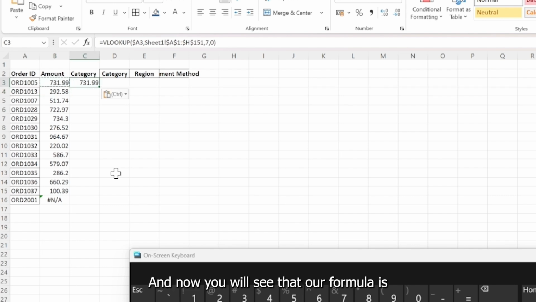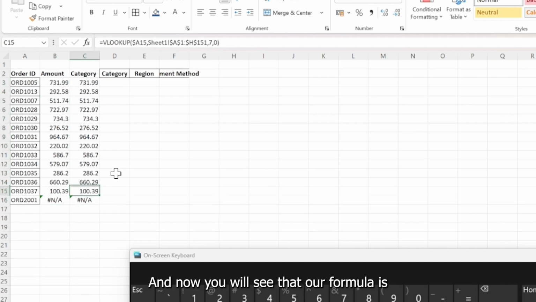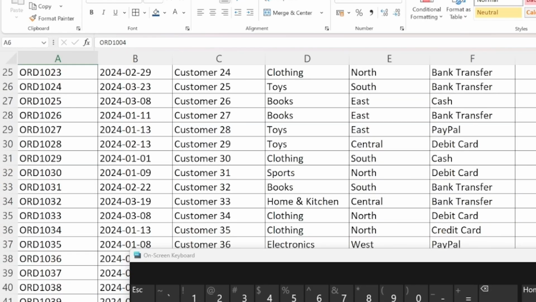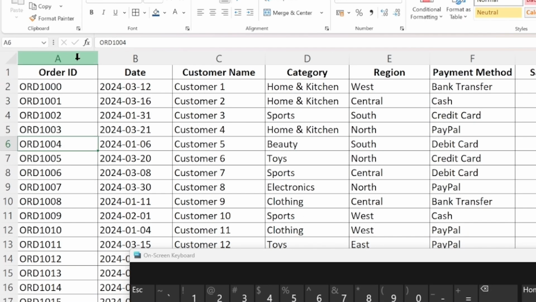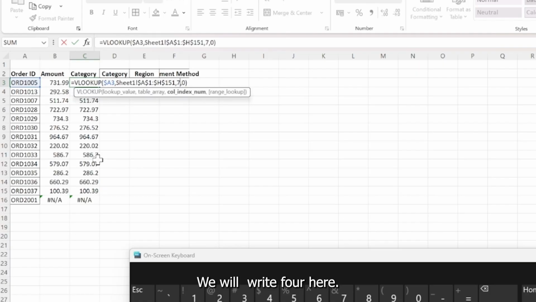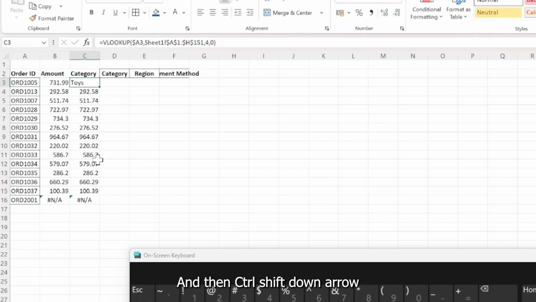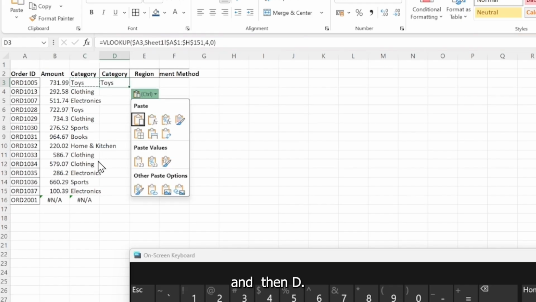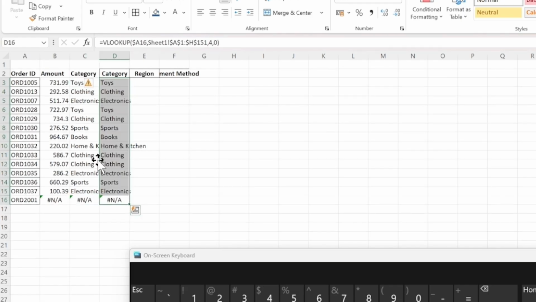Now you will see that our formula is bringing the same result in this column, but this is not correct because we want category here. तो category हमारे column से कहाँ पर है? 1 2 3 4. Category is at 4, so we will write 4 here and then Control Shift down arrow and then D. Same again, हमें category चाहिए, ठीक है? Category हमारे पास आ गई है like this.